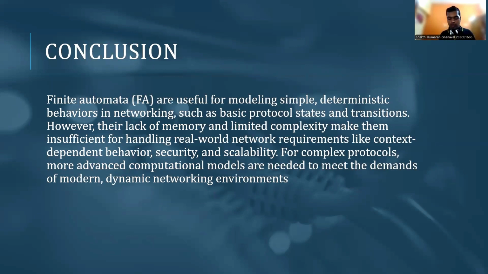Now we have reached the final slide, which is the conclusion. So finite automata (FA) are useful for modeling simple deterministic behaviors in networking, such as basic protocol states and transitions. Their straightforward nature makes them effective for modeling basic protocol states, state transitions, and certain control mechanisms in networking. However, their lack of memory and limited complexity make them insufficient for handling real-world network requirements like context-dependent behavior, security,